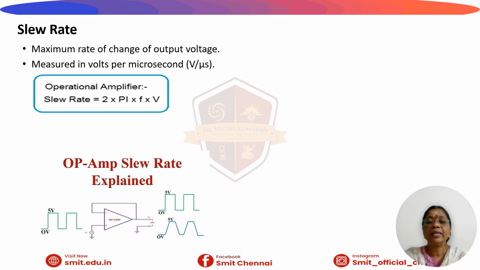The general purpose 741 IC is very slow, typically in the order of 0.5 volt per microsecond. High speed op-amps can exceed 1000 volt per microsecond. The primary physical limit of signal